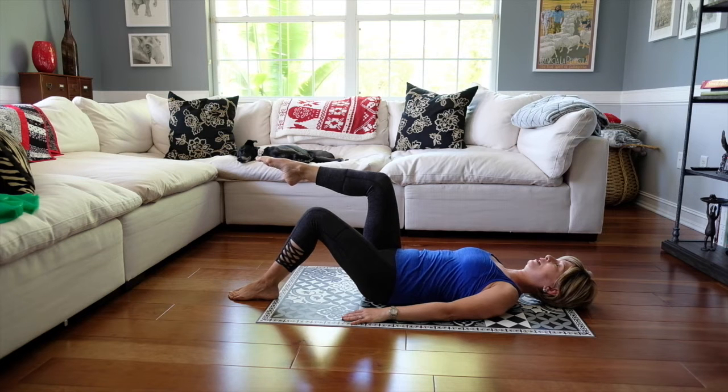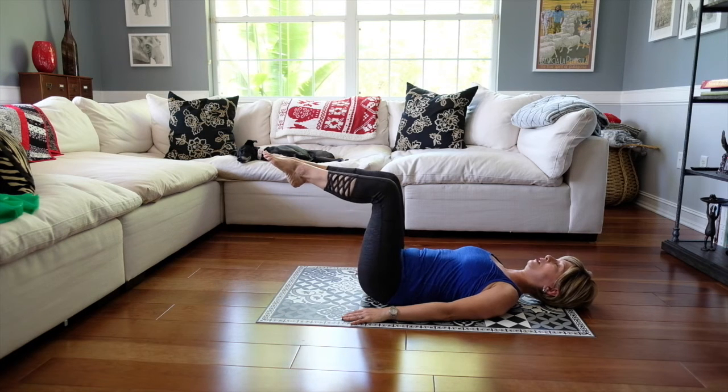Hold, ribs down, navel in, other leg comes to a tabletop position. Make sure that head and neck remain soft. We're going to keep that point in the toes, abdominals engaged. We're going to take one leg and try and open it to the side in a parallel position, as though